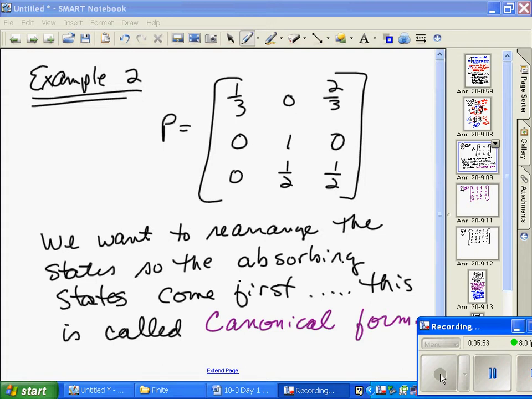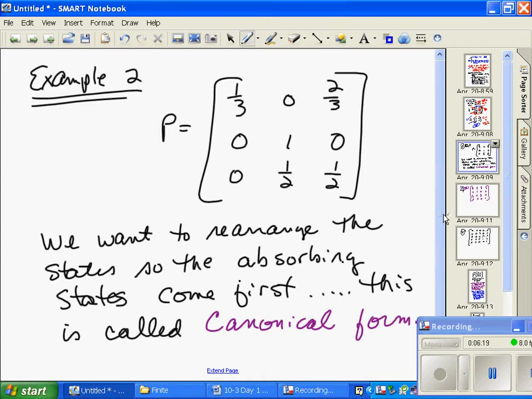When working with an absorbing Markov chain, it is convenient to rearrange the states so that the absorbing states come first and the non-absorbing states follow. The states will be relabeled and the transition matrix will be altered. The transition matrix labeled in this way is said to be in canonical form. Okay, so if I look at this one, first of all, I want to get the